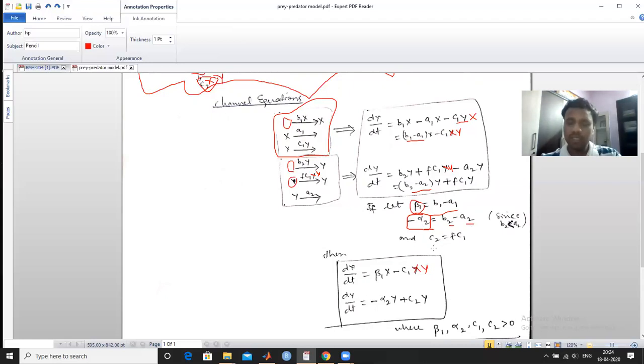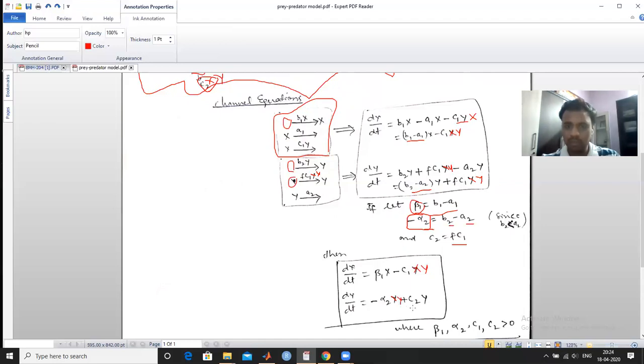So what is the C2? C2 is taken as the FC1, as we have already discussed. Take FC1 equal to C2. So this above system can be written as beta 1 x minus C1 xy, and minus alpha 2, this one, but it was the xy. So alpha 2 xy